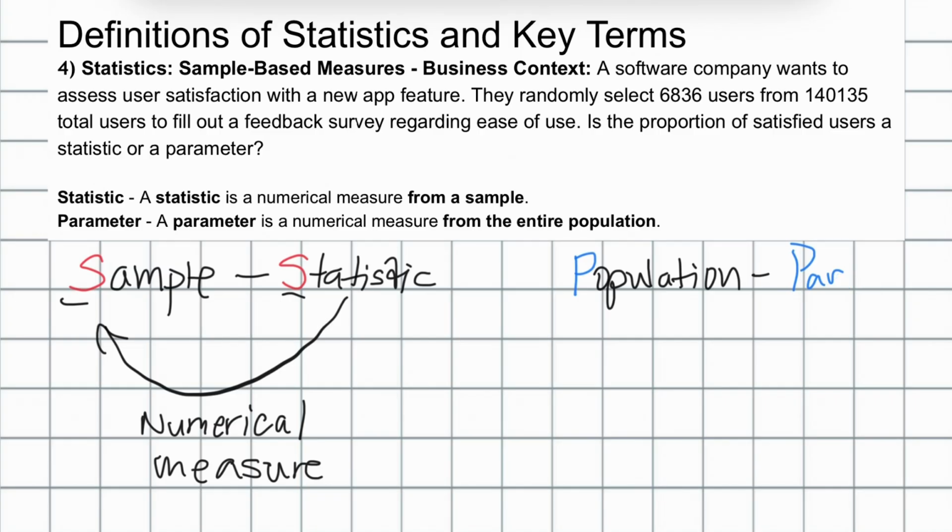The correlation between these two, you can remember it by the first letters. So a parameter usually provides a numerical measure